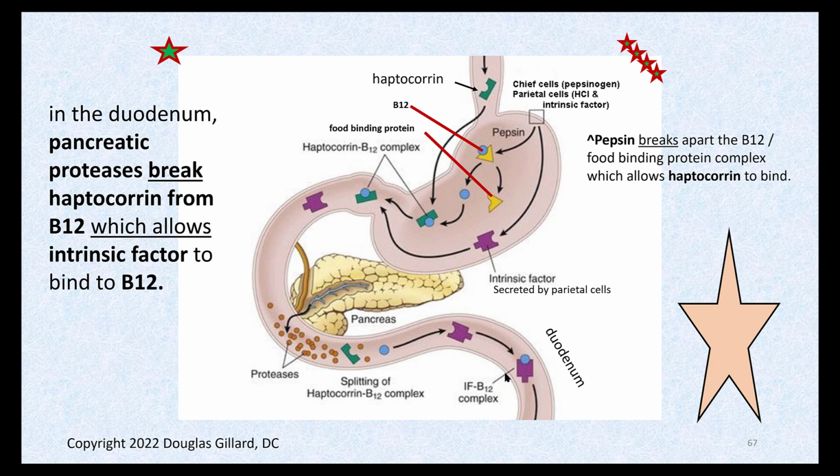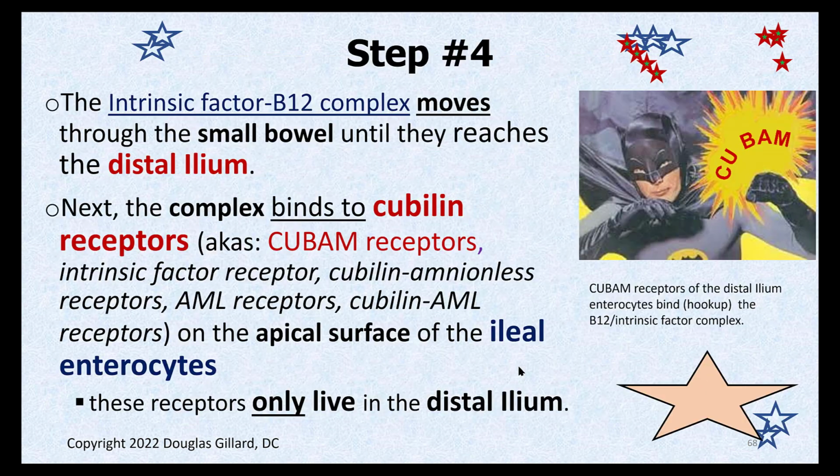So we have intrinsic factor and B12 finally hooked up together, and they move through the small intestine together, and nothing happens for a while. But by the time you get down to the very distal part of the small intestine, the distal ileum, the last foot or so of the distal ileum, the combination of intrinsic factor and B12 can hook up to simple columnar cells in the distal ileum. And specifically, there's a receptor called cobalamin, or